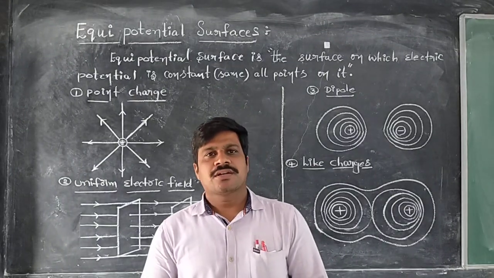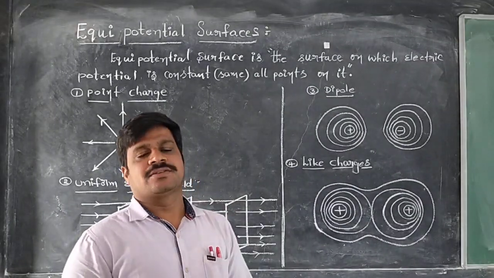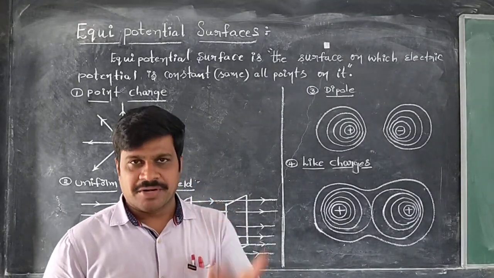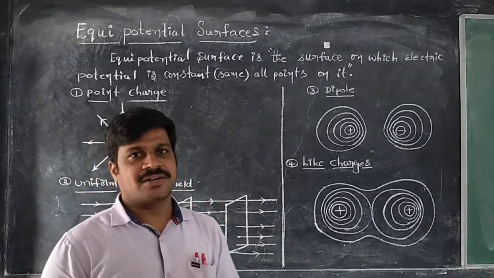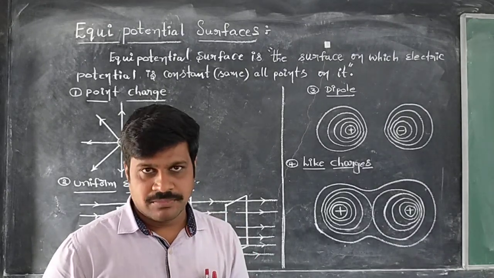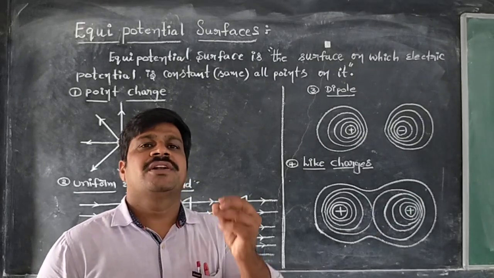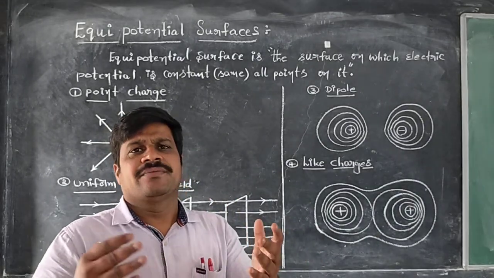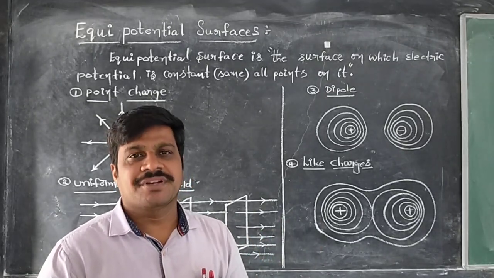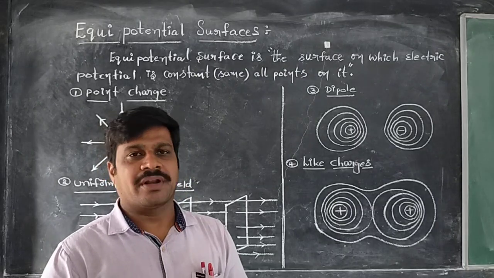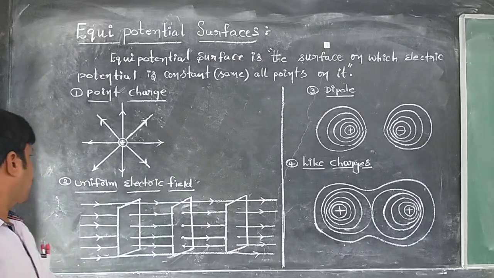Dear students, in the last two classes we have discussed the electric potential topic: what is potential difference, thereafter potential due to a point charge, potential due to a dipole and the expression for it, and thereafter potential due to a system of charges. Like this, we have derived a few expressions and studied the definitions of electric potential and potential difference. Thereafter, our next topic is